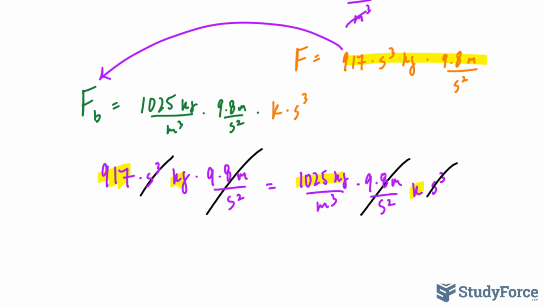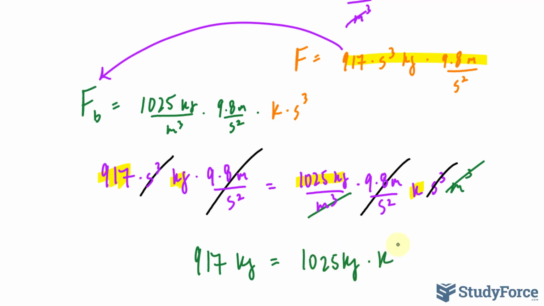The reason why I'm not including m to the power of 3, this unit at the bottom, is because it would have canceled out with the units of s to the power of 3 anyway, which I didn't write, but I should have earlier. Okay, so we have 917 kilograms on the left side, and on the right side, 1,025